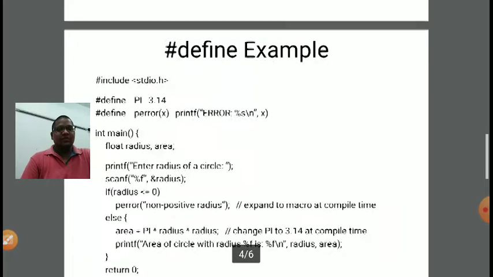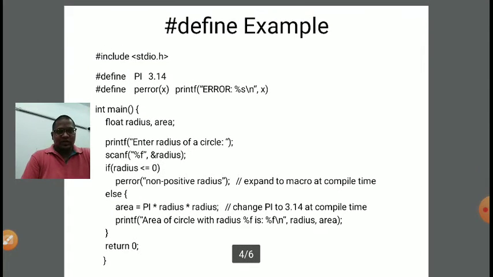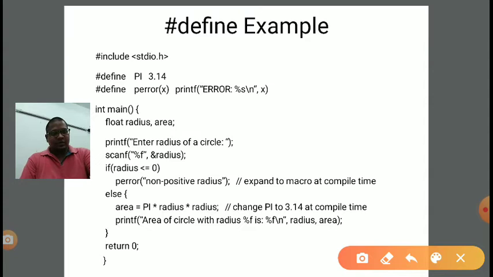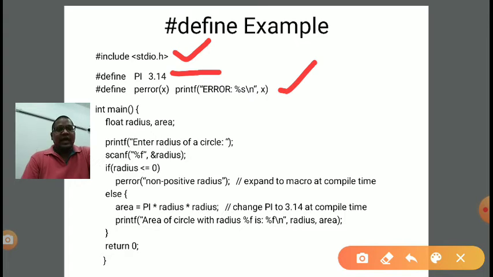Now, with the help of one example, we can understand this concept. With the help of the marker, I am just marking. This is the header file name, which you already know. Now in the previous program, we declared a constant variable pi, but here we are not declaring it. Here we are using hash define. After that, the macro name is pi, and the value of the macro is 3.14. After that, we have defined a second macro, hash define p error, and in brackets we have written x as the argument. So p error with x in brackets is a macro function, you can say. And after that, the value is printf with error, but it will display the value of x.